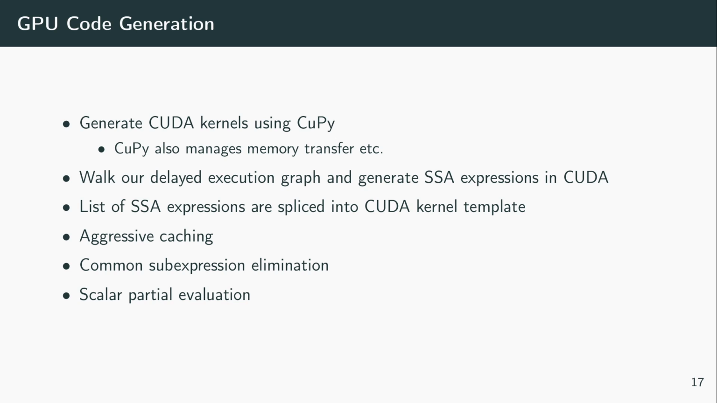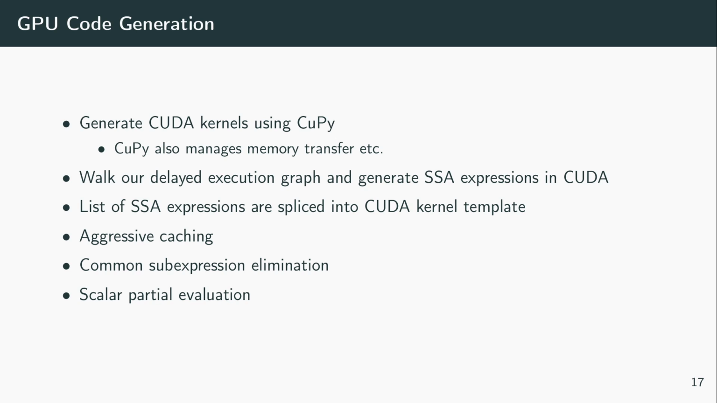The code is generated by walking our delayed execution graph and generating static single assignment expressions in CUDA. These SSA expressions are then spliced into a CuPy CUDA kernel template. We use aggressive caching to avoid revisiting nodes and to reuse existing fragments. This is self-contained within a single run and is separate from standard CUDA kernel caching, which we will use if it's available. We also do some other optimizations such as common subexpression elimination and something that I'll call scalar partial